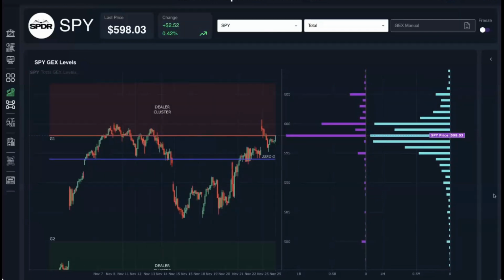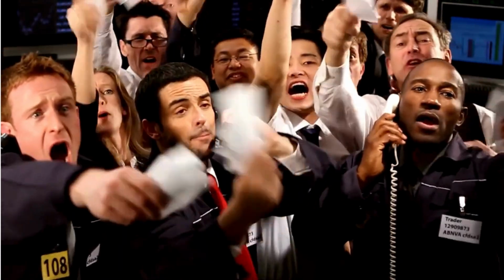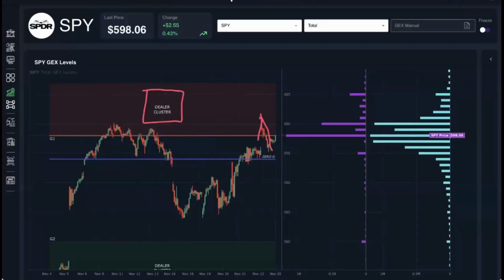We are in positive gamma exposure territory, and this is often what we'll see here when we enter into these dealer cluster zones. A poke into the zone, followed by a rejection as dealer selling pressure comes in. Dealers are selling shares of the underlying security in order to hedge their option positions. We saw that multiple times earlier in November as we came into this dealer cluster zone right around the 600